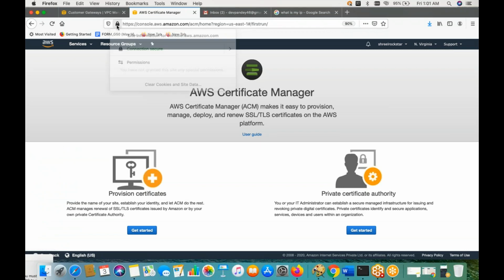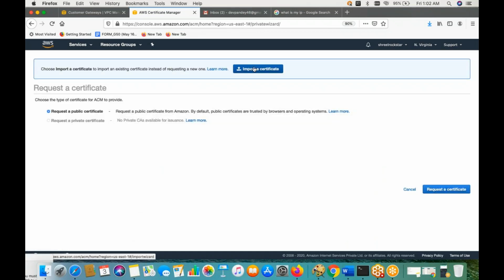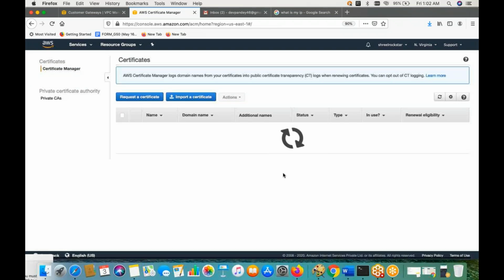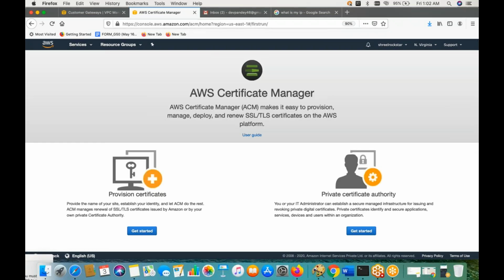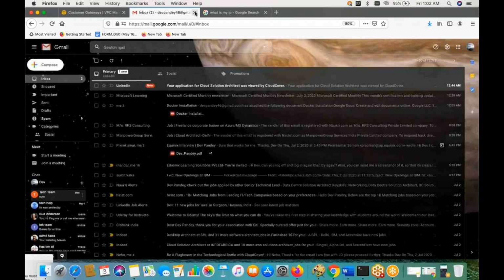In Certificate Manager, you always get these things. See, I have an HTTP certificate which I am using with the website from Amazon. If I have an SSL or TLS certificate which I got from my client, I will simply go here and attach my certificate. Right? Import the certificate. Once you have imported the certificate here, you are going to use that ARN. The certificate will give you an ARN, Amazon Resource Name. That will be a unique ID. Then that unique resource name you are going to use here in create customer gateway.